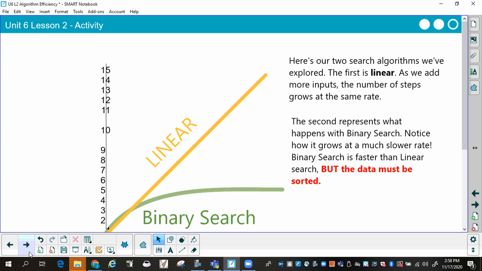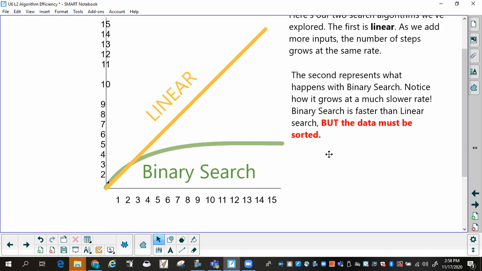Binary search is faster than linear search, but the data must be sorted first. So it kind of depends. Yes, with 3 items, it could take me 3 checks, but to sort the 3 items might take time, and then to find something that's not in the list, the trade-off might not be there. Or if you're only going to search for something once, maybe you don't want to spend the time sorting it. But if you're going to look through a list often, have it sorted, and the binary search is your fastest way to go